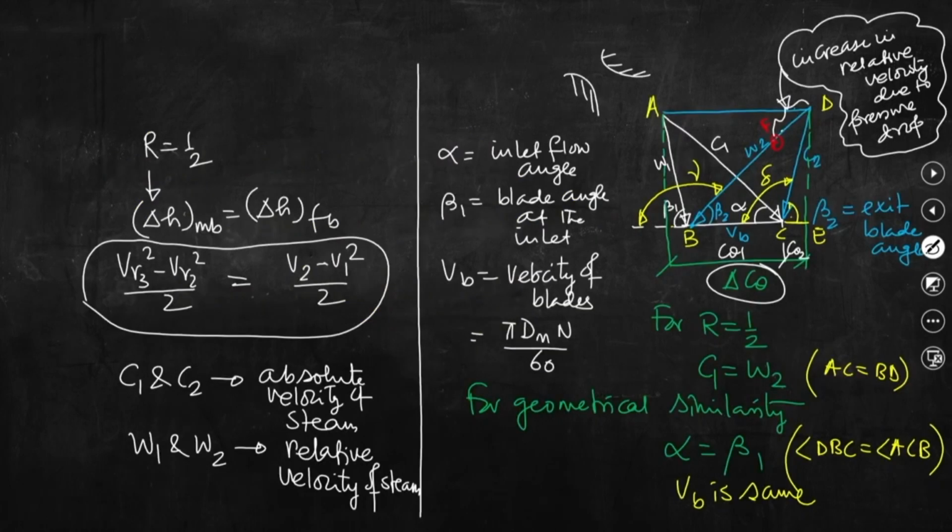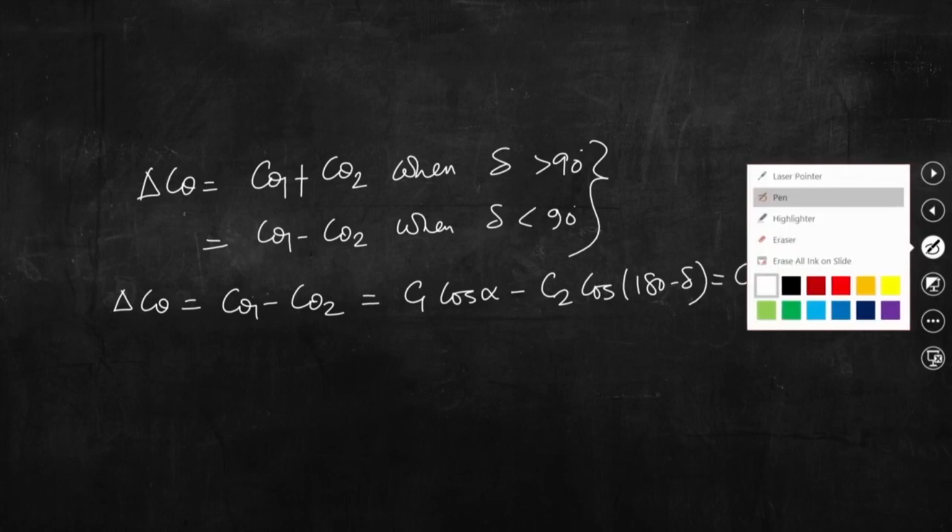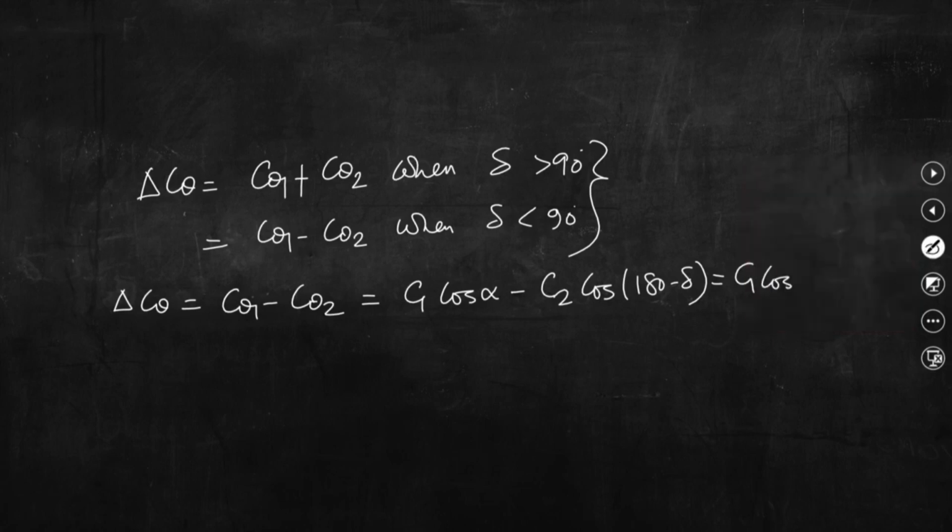C theta 2 is C 2 cos 180 minus delta, right. So, we can write C 2 cos 180 minus delta, that is equal to C 1 cos alpha, minus, so plus C 2 cos delta. Now, this C 2 cos delta,